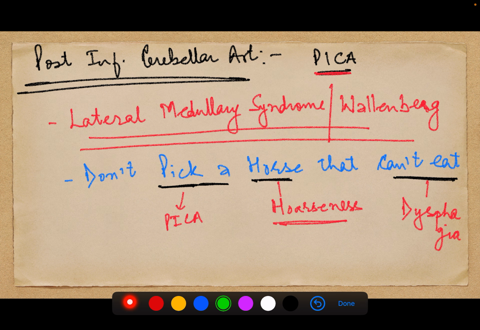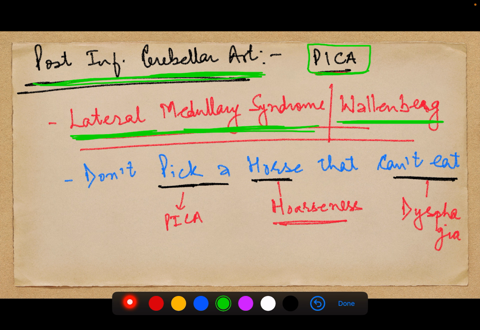Okay. Now coming to the second most important one, the posterior inferior cerebellar artery. Now the posterior inferior cerebellar artery supplies the medulla. Which aspect? The lateral aspect of the medulla. So that's why it is known as lateral medullary syndrome, or it is also given the other name, Wallenberg syndrome. The mnemonic for this one is PICA,